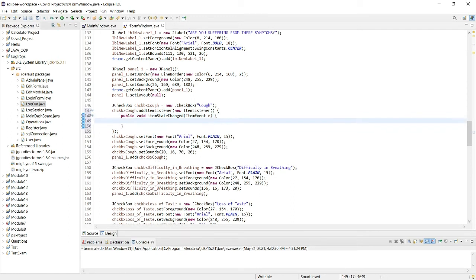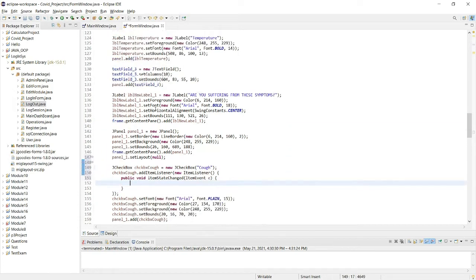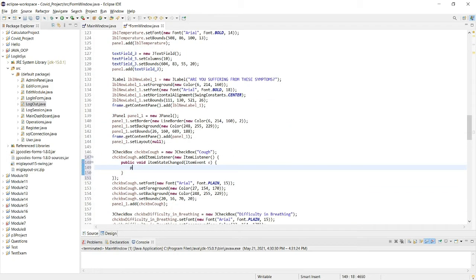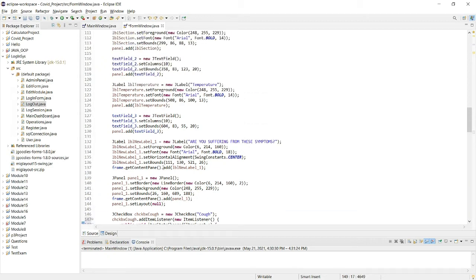Now if a certain value is changed, we want to put primary, or the better way is to create